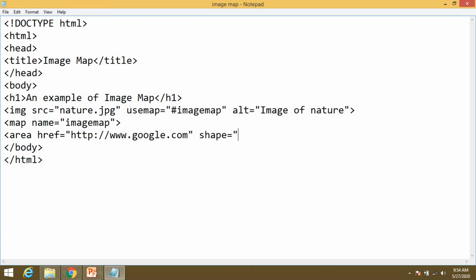I am going to use rectangle. Then you have to specify the coordinates: coords equal to 0, 0, and then width and height, 93, 65. This is as per your requirement. The alt is Google site.